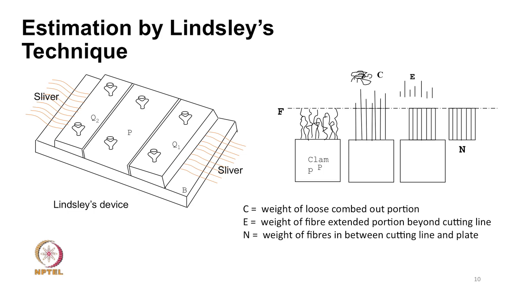From here, a technique was developed by a person called Nestle, which is a very simple technique, very easy to operate also. So, in this technique, what is there? There is a base plate here which is B, and on the base plate there are 3 plates P, Q1 and Q2, and the base plate and the plates P, Q1, Q2 can be screwed together by these fly nuts.